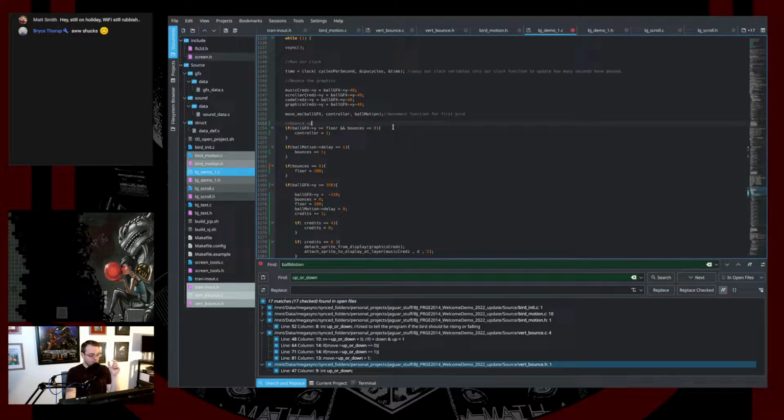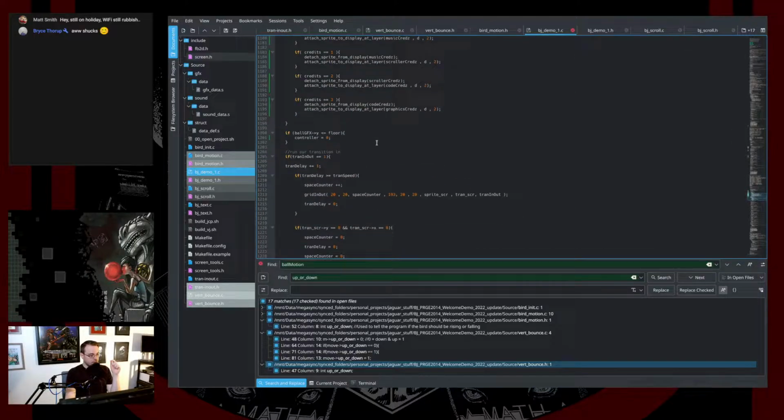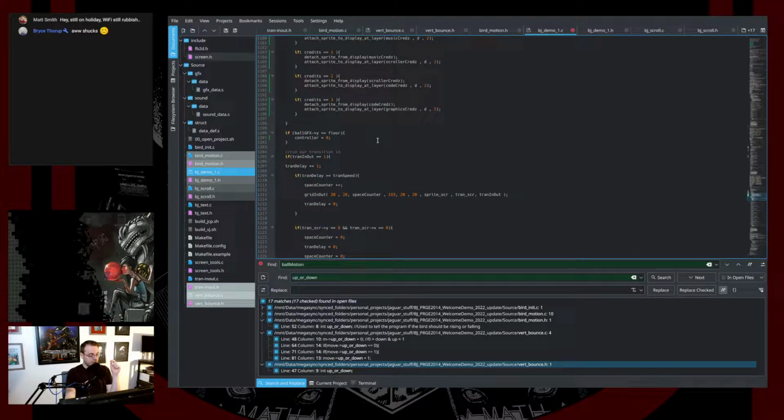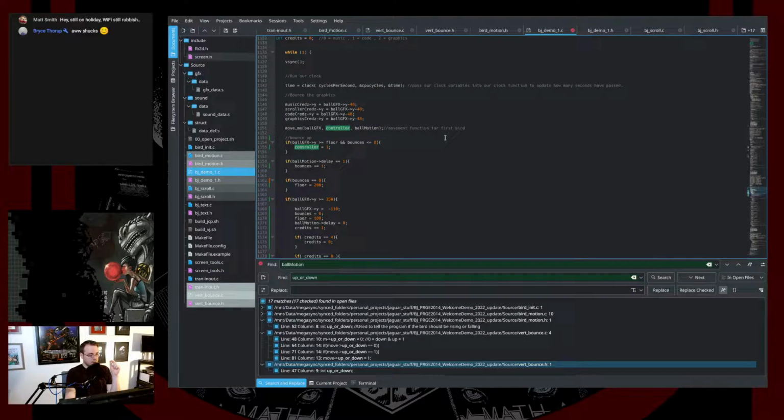Well, here's the thing. This is what's got me confused with this controller thing that's going on. Let's see here. Wait a second, I think I might be figuring this out. It's less than or equal to floor, sets it to 0. So is that why bounces